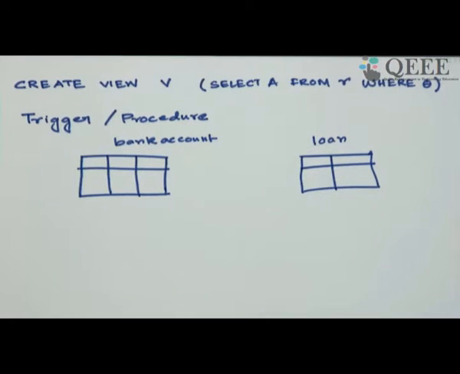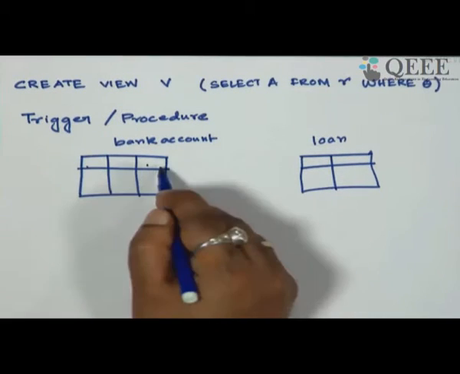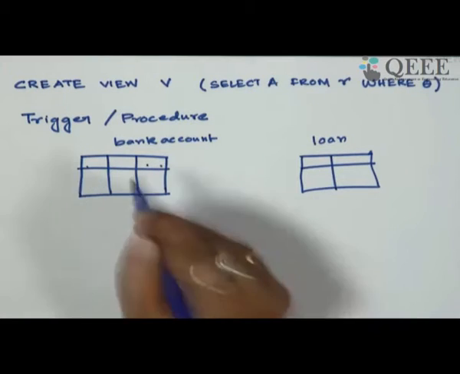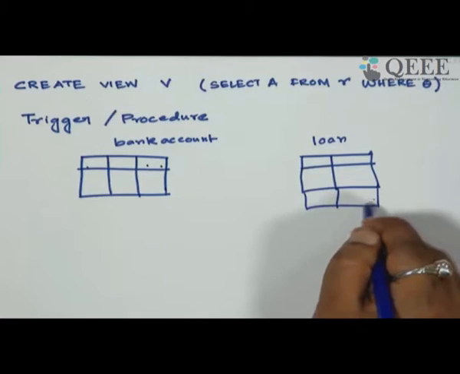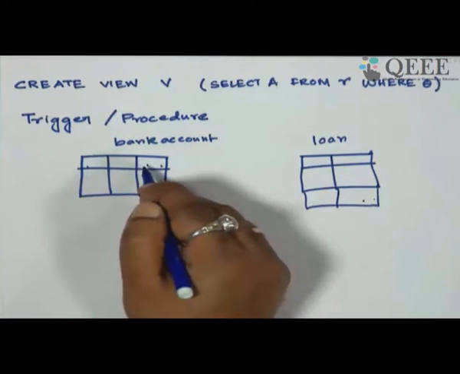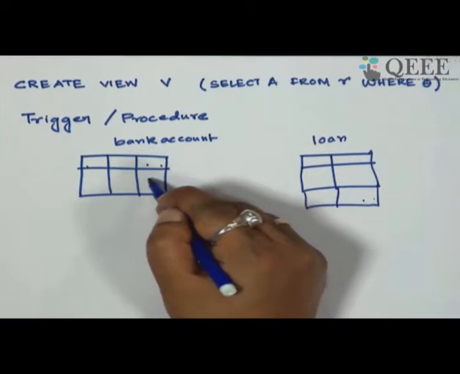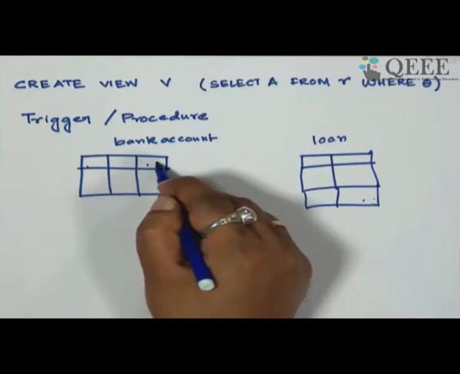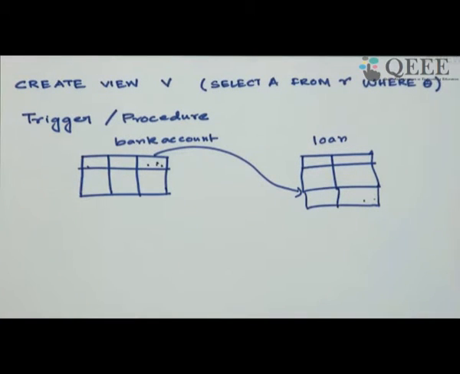So I can have a trigger which checks the account balance of a person. The moment it goes below 5,000, it inserts an additional row in the loan table whose amount is equivalent to the excess below 5,000, against that account number. So some value on some update going below this can trigger a change in another table. And this will automatically happen. You need not explicitly fire a query, this will automatically happen. This is called a trigger.